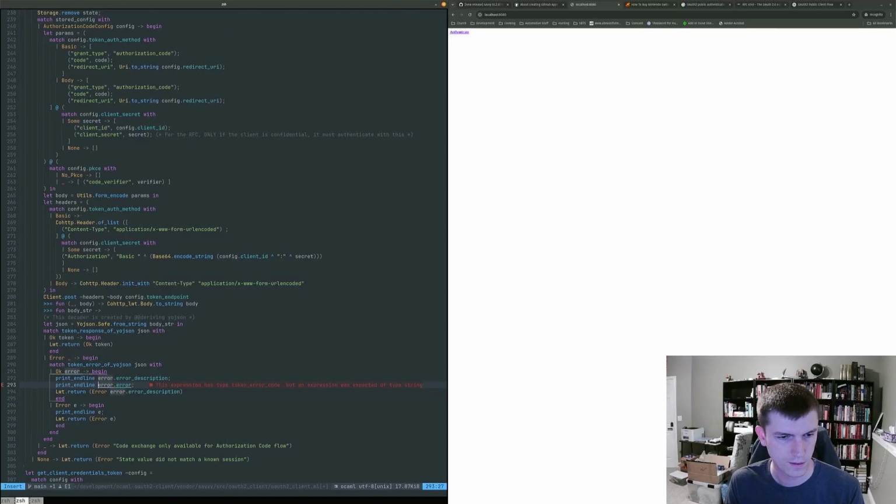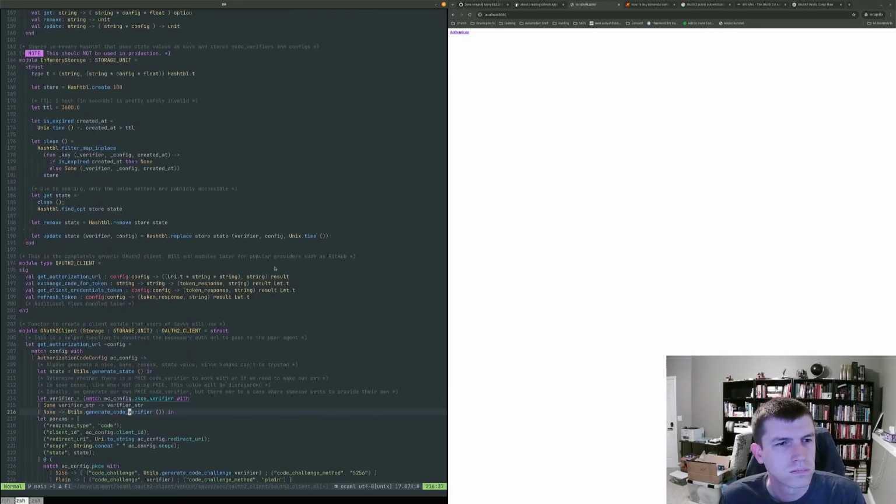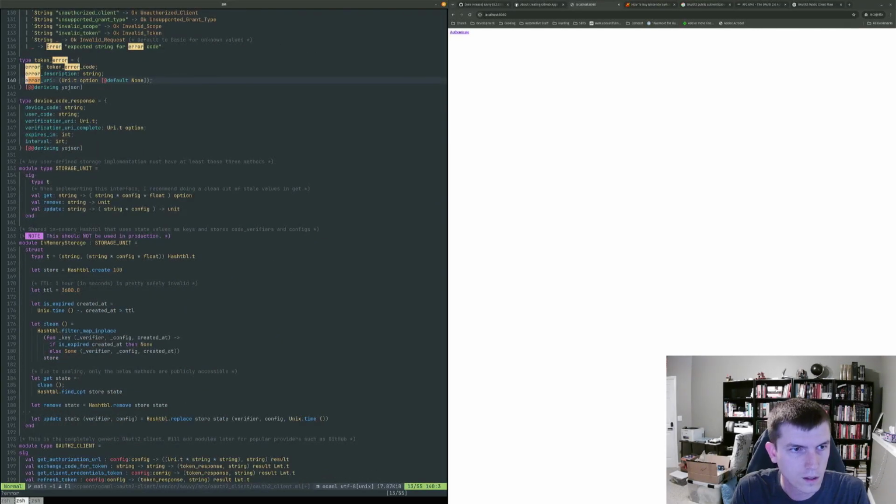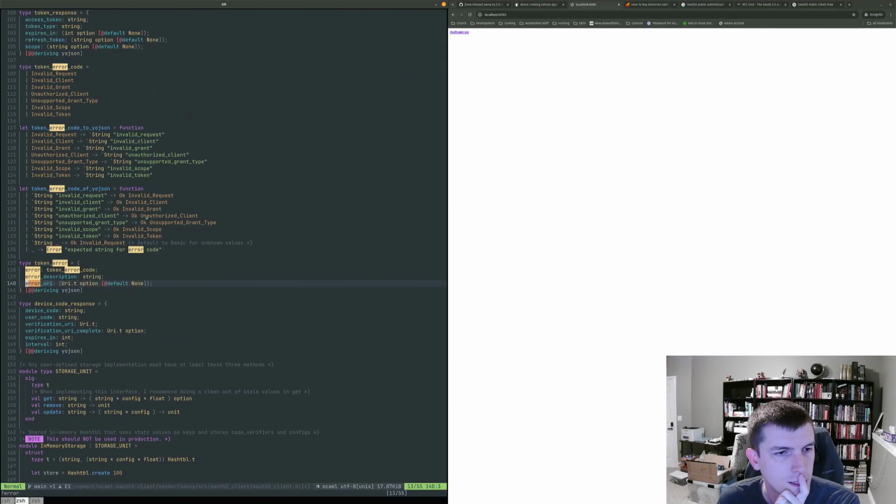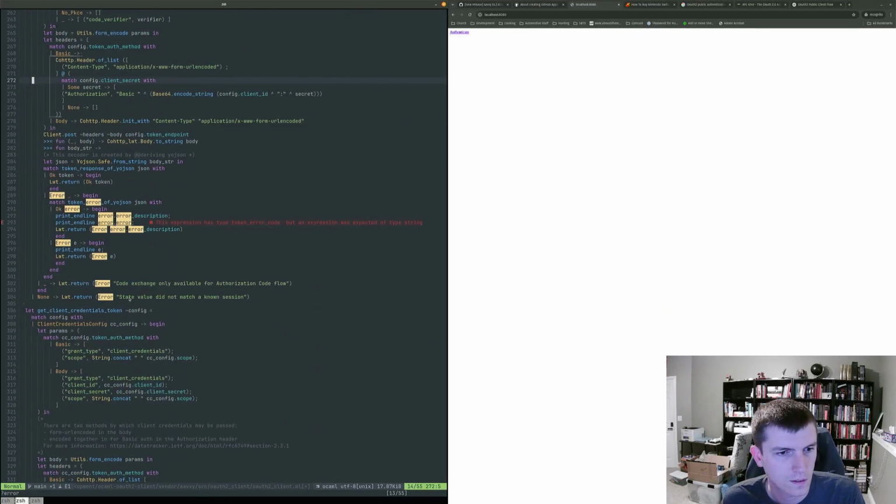Do I not have a... I think I need to build something to let me make that error code into a string. So let's see. Yeah, token error code. Actually, can I just do this? Can I just straight use this already?